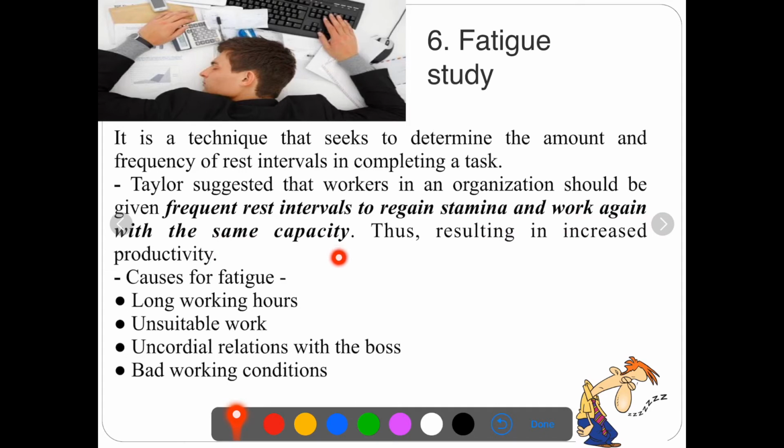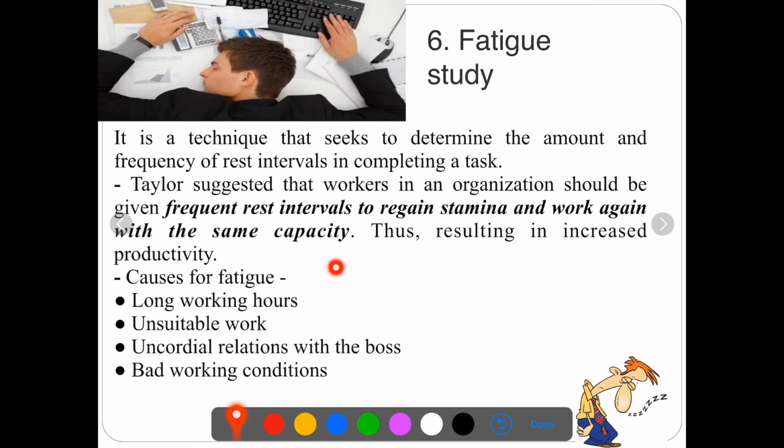Now, they say it is good to sleep for 15 minutes in the afternoon, just for 15 to 20 minutes, not more than that. Your body gets relaxed, you will have the same energy to get back on your toes and work for the rest of the day. So what Taylor suggested was to identify,